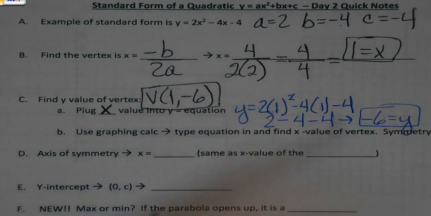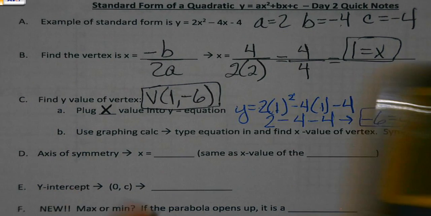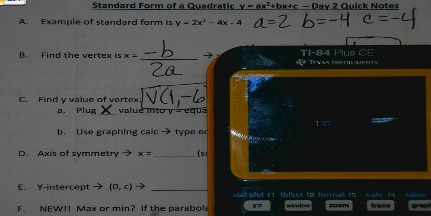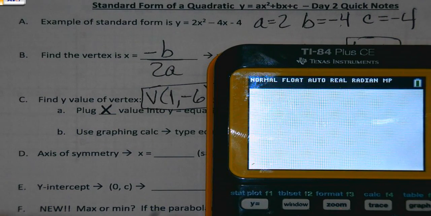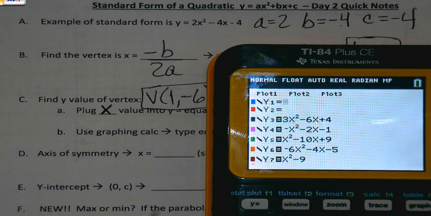Now, some of you may be thinking back to yesterday at this point and go, well, wait a minute, didn't you say that once we knew x, we'd use the calculator and just get y and put it in the table? And that's true. So, just a reminder, if you go that route, you could go ahead and do y equals